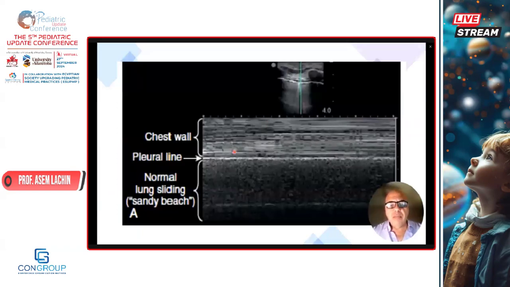Here we can see the M mode of the lung ultrasound, showing this part is the chest wall, including the subcutaneous muscles, the ribs, and others with limited movement. And this is the pleural line, which is a white horizontal line here. And here is the normal lung sliding, and each movable or sliding tissue will appear in the M mode as continuous dots, or the sandy beach sign. So the sandy beach sign is a normal lung sliding picture. You can find the lung tissue, as we can see here, in multiple dots.